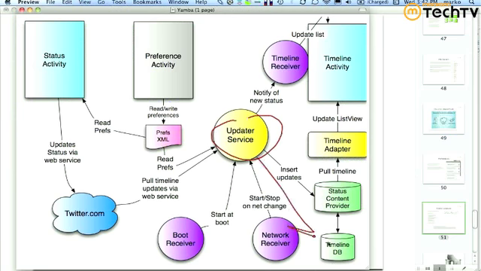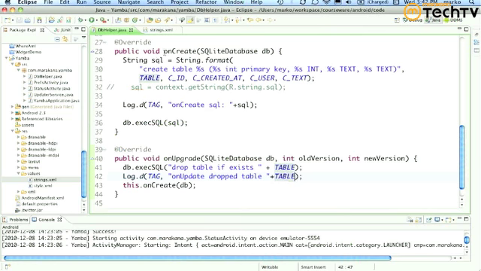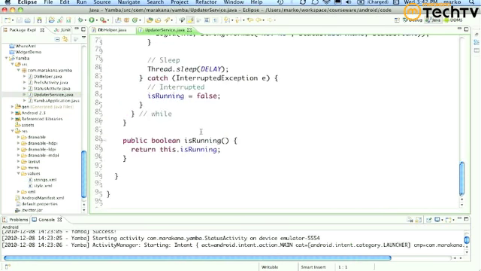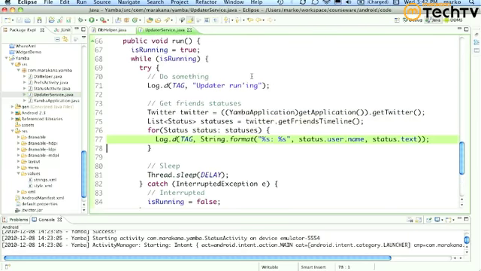So if I look at my service, let's update our service, and remember, this is where we have the data. Right now we're just printing it to the logcat. But what if we wanted to do one better? We wanted to actually open up a database, write to a database, and close the database, right? I'm going to just do it here. I'll say open